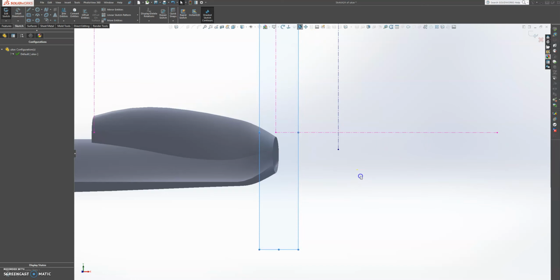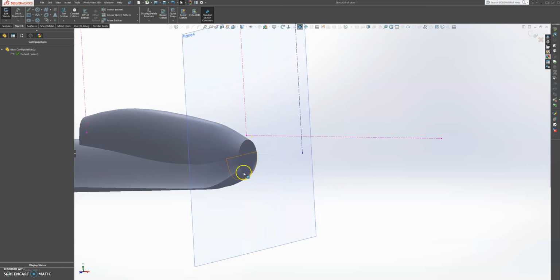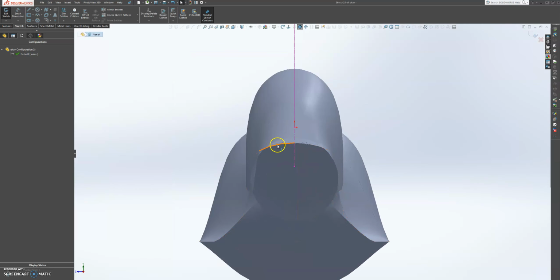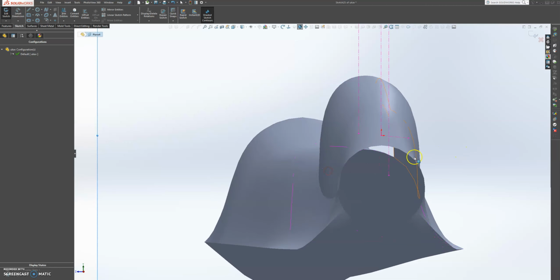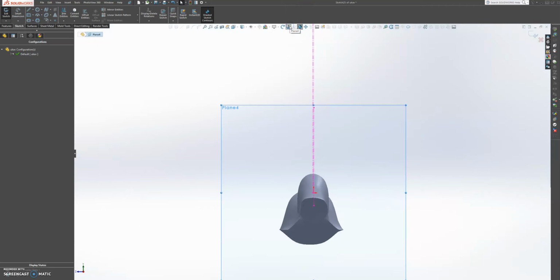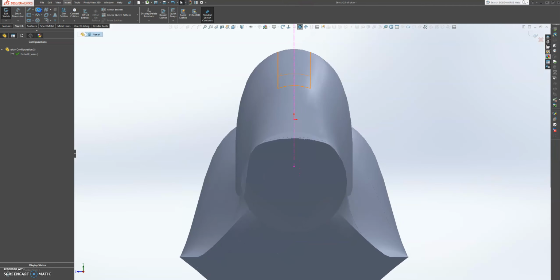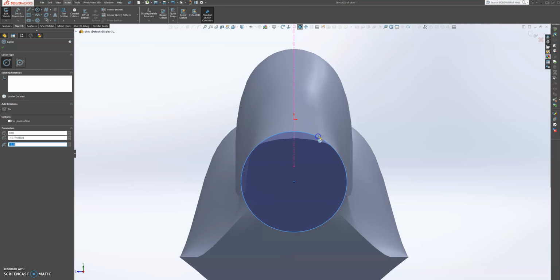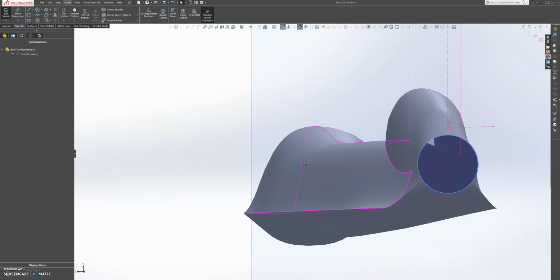Just so we know the circle that this will give us. So let's sketch on that. Let's exit the sketch. Okay, so let's sketch on this one, and then see our circle. It's a perfect circle. Okay, right, so let's create that circle for reference purposes. Oh, that is perfectly circle right around. Okay, so let's sketch that, exit the sketch,